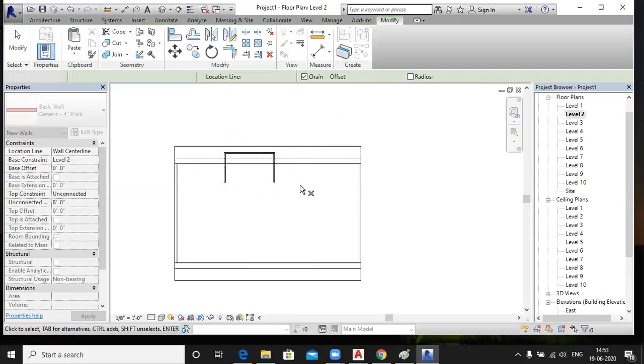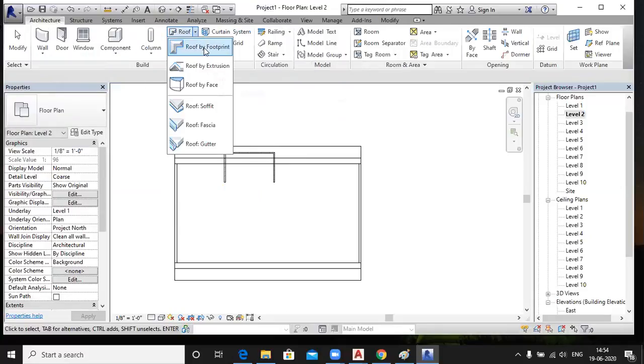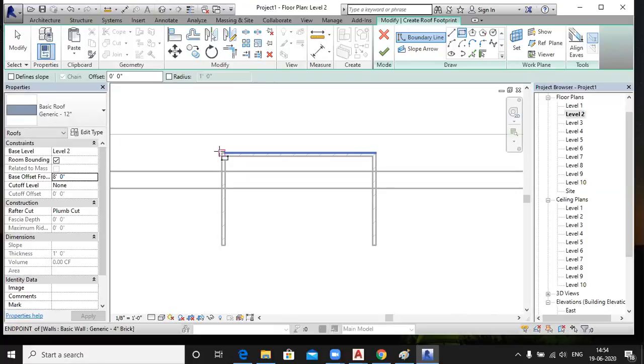And choose roof and offset at the 8 feet level, right? Right, sir. And draw a roof like this.